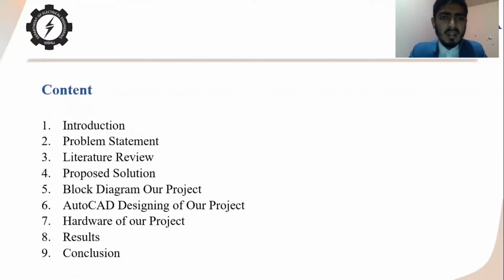This is basically the content. First of all, I will describe the introduction of my project: what is our project? Then I will describe the problem statement, meaning why we need this project. Then I will describe what work has been done before, which means the literature review. After that, I will describe the proposed solution we have given for that problem statement. After that, I will describe the block diagram of our project, how basically our project will